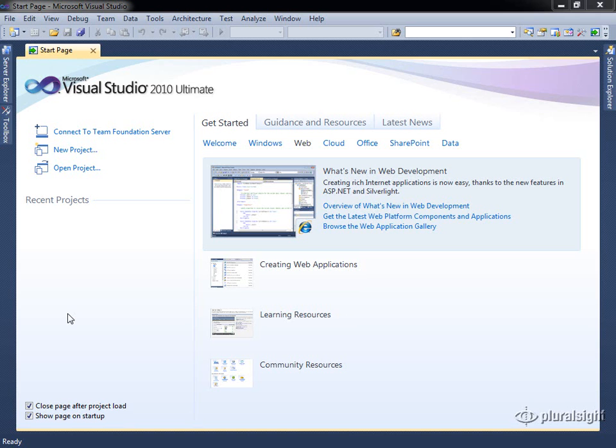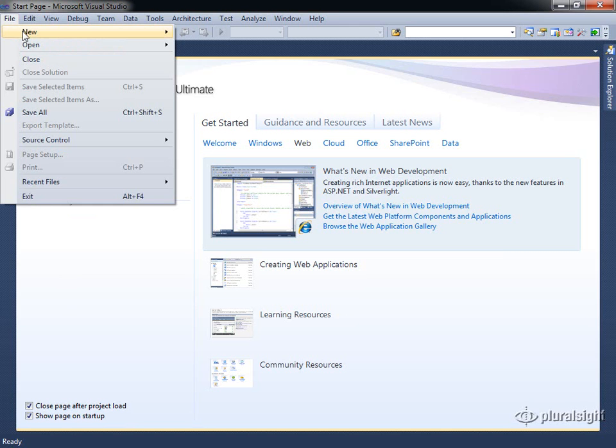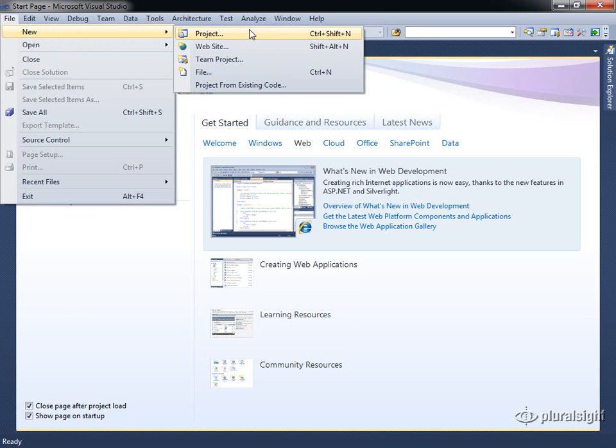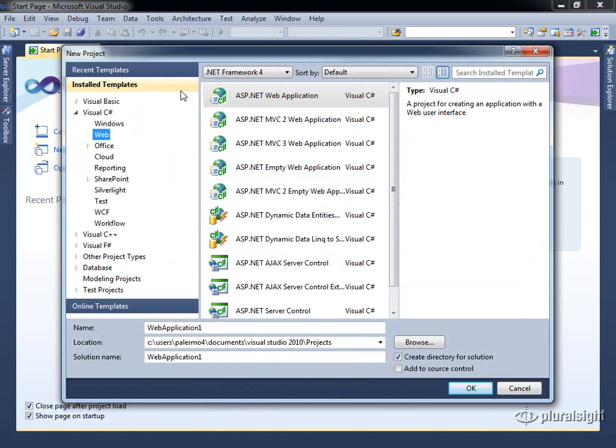I've returned to Visual Studio, and now what I want to do is create a new project. I could do that from the start page, or I can also use File, New, and I'm going to choose Project. Note that the one just below Project is Website. I don't want to choose this one as it's going to be the topic of another module. I'll choose Project, and in the New Project dialog box under Installed Templates for C#, specifically in the web category,